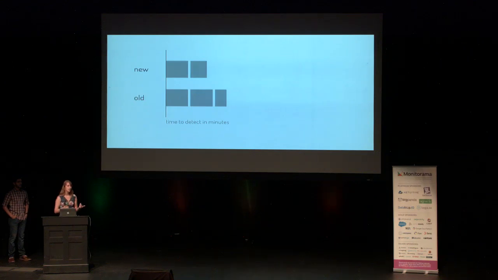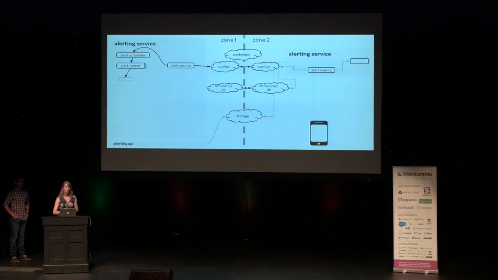Finally, the new architecture of each alert means that each alert's execution is scheduled fairly. This means that expensive alerts don't starve other alerts. It has allowed us to improve the alerting system's time to detect by about 30%, from 2.5 minutes to 1.75 minutes. And again, this really means that users are going to get alerted faster and be able to solve problems quicker for the business. So I've described a lot of things, but what does the architecture actually look like?